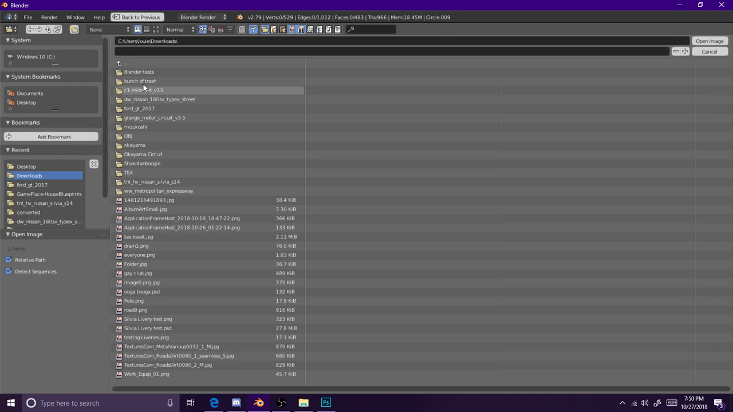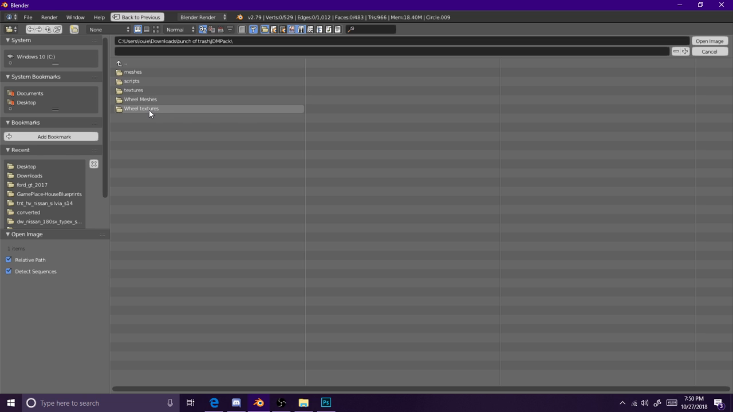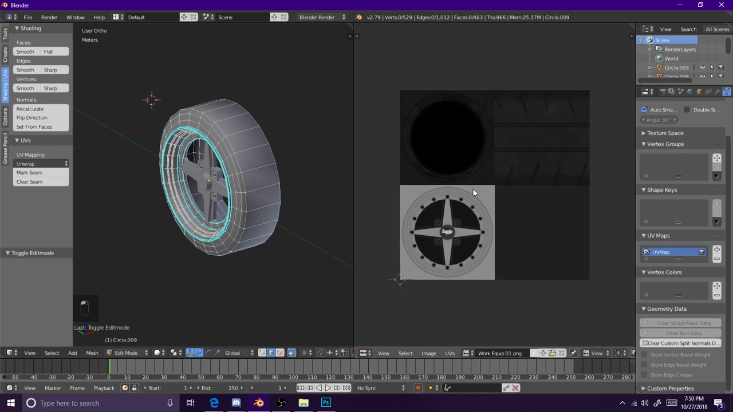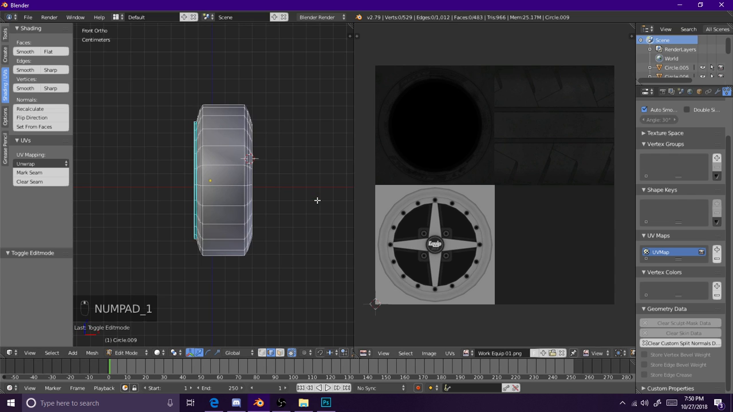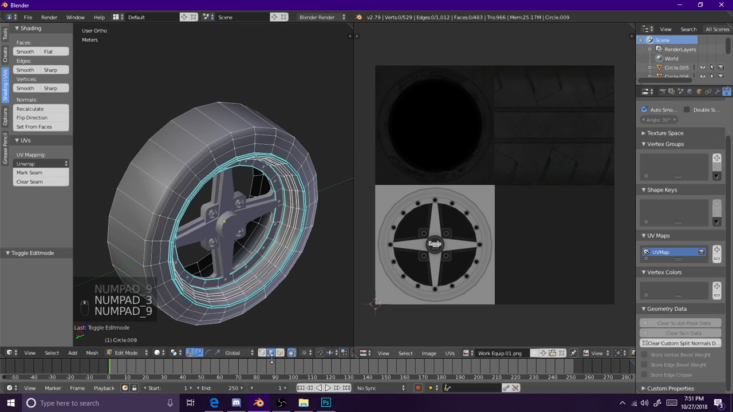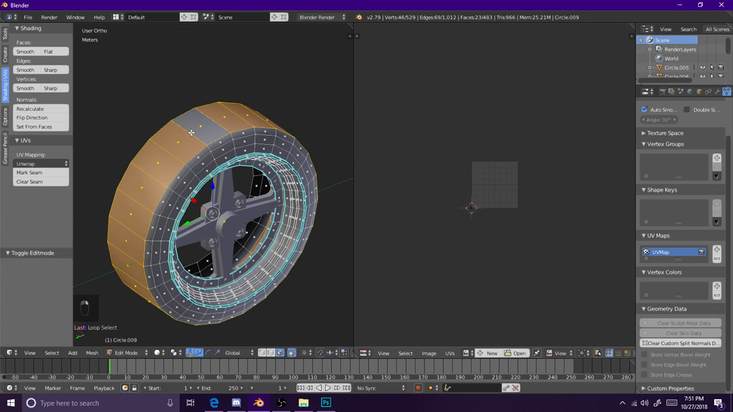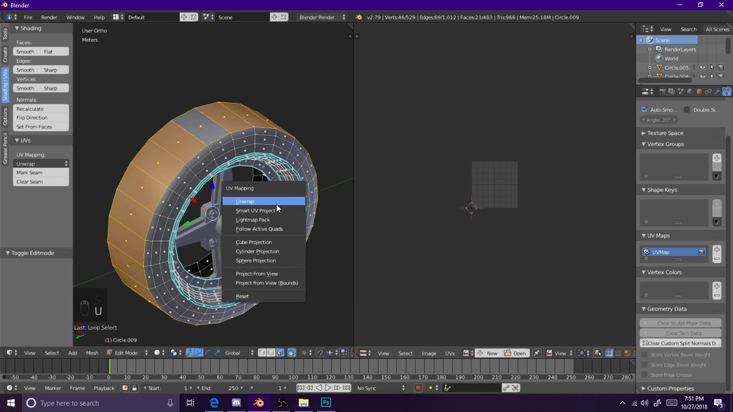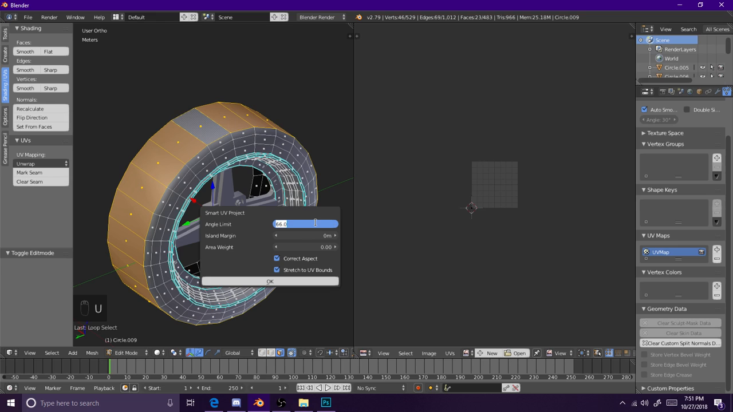Downloads, bunch of garbage, JDM, wheel textures, work equip 01s. So now what we're gonna do is we're gonna unwrap the wheel. So you're gonna select these. We're gonna press Control U, and then press U. We're gonna Smart UV project, and we're gonna change the angle limit to 1, and we're gonna